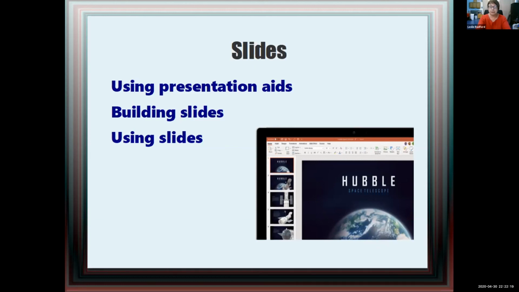Keep it simple. I rarely use more than one graphic on a slide, simply because if I start putting more graphics up here, you're just going to look at the graphics. One gets your attention, three starts confusing people. Keep it simple. And along with keeping it simple and showing it when you need it,